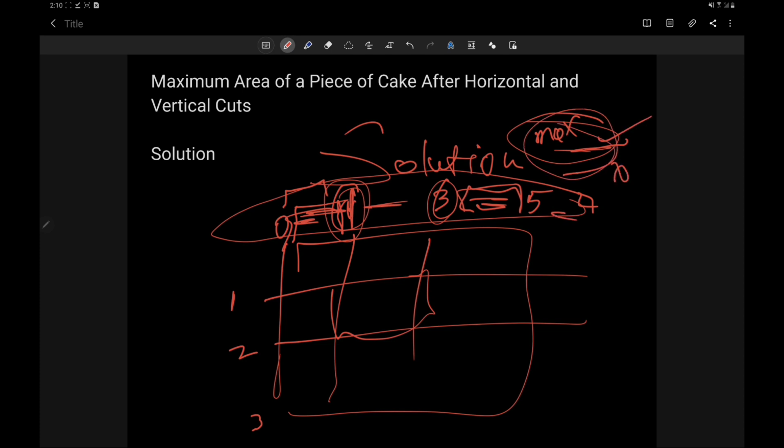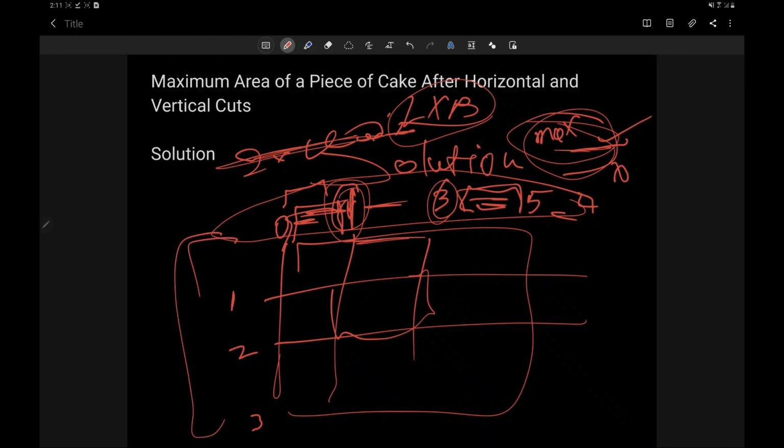And at the end we just multiply the length into the breadth, and we calculate the area. Length into breadth is the area formula for the maximum area. Similarly it goes for the other direction, and in the end we will return the multiplication with the modulo.